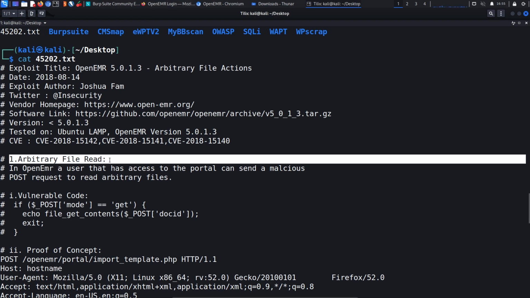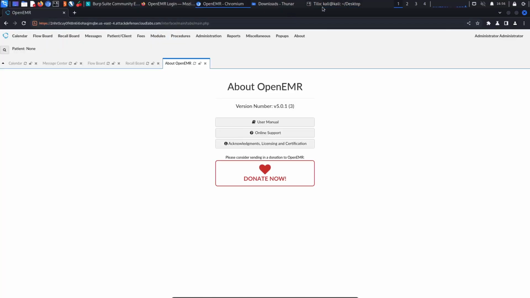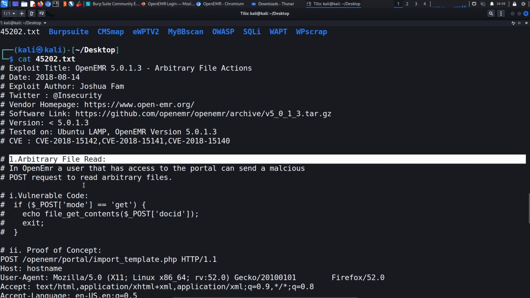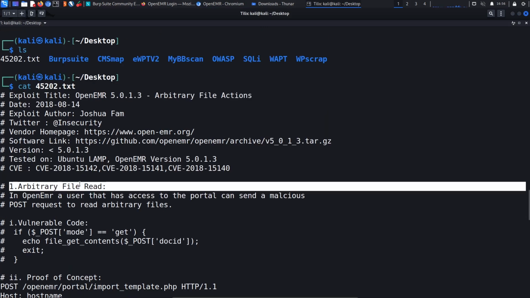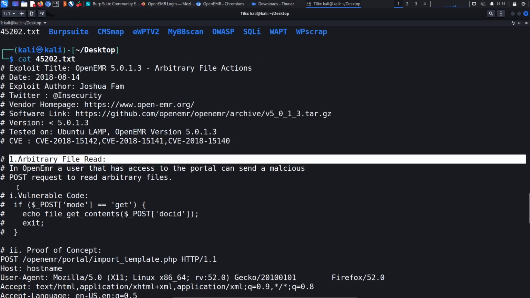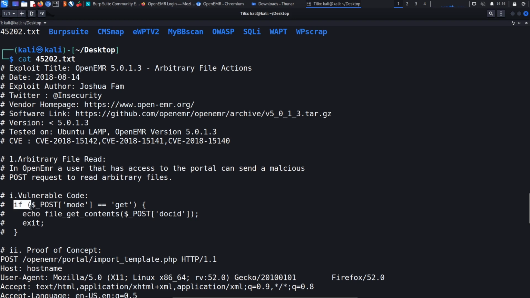Now, you might be saying to yourself, why are we seeing this with a different name, like arbitrary file read? Well, that's just another name for directory traversal. So as you can see here in the description, it says that in OpenEMR, a user that has access to the portal, which we do right over here, can send a malicious post request to read arbitrary files. And the technique here looks like it is directory traversal, because if we take a look at the vulnerable code, there's an if statement that says, so for example, if the value